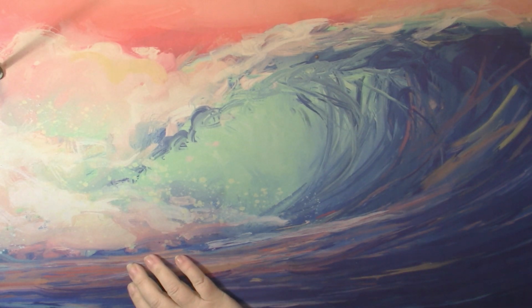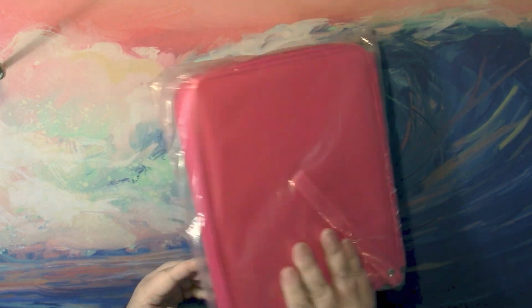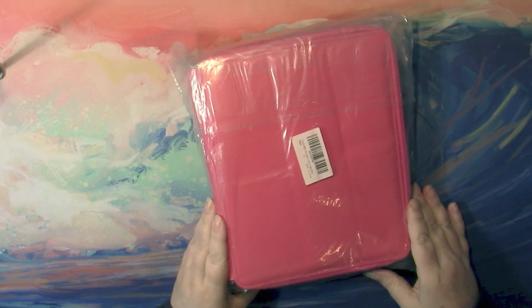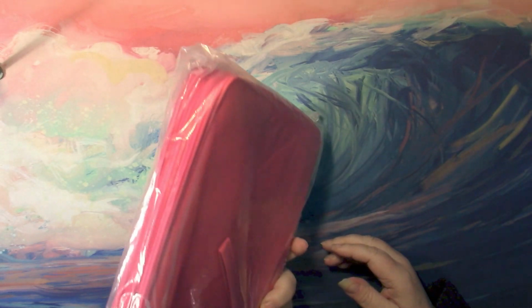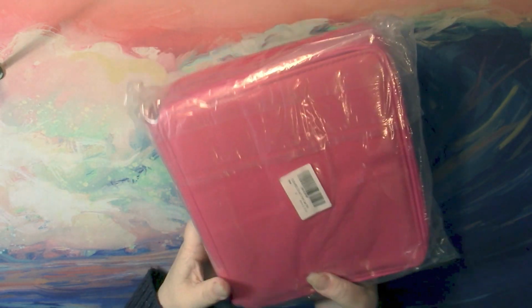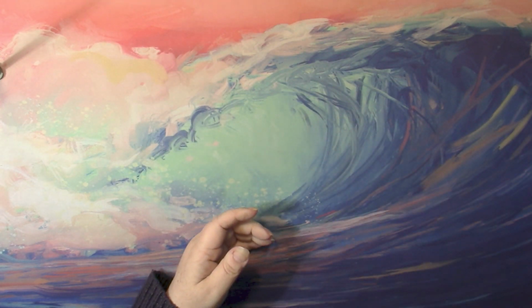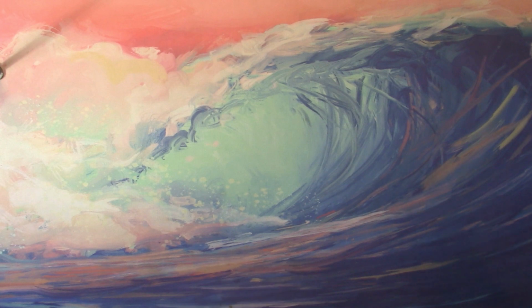Then the next thing I got was a 120 pencil case to put my Brutfuner 120s in. So this is just a U-Shares pink pencil case. I have a lot of these. I'm not really concerned about the colors because there's only basically 4 basic colors available for us at the lowest price. They've started giving us fancy ones, but